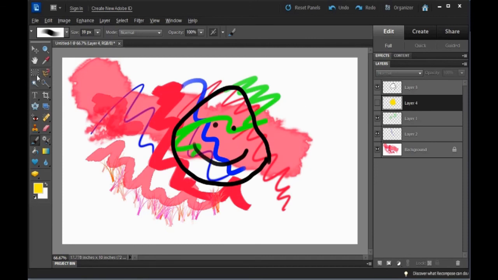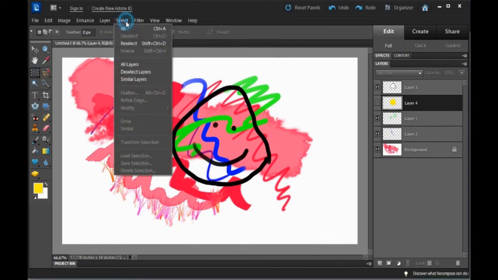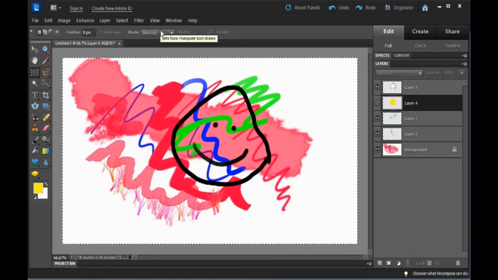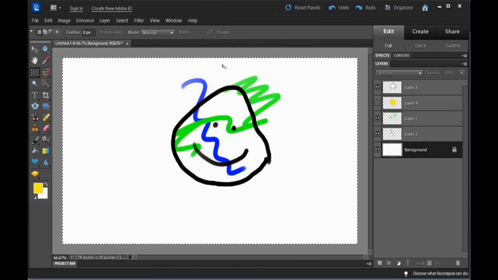And so I'm going to go here to the select tool again, and here we can select, or you can click select all, which is typically Control A, and now I can delete. But the thing that you'll notice is it didn't do anything. Why not? Well, again, this gets back to the layers, and we can see over here that layer 4 is the one that's selected. Let me go to the background, and now I'm going to delete. And notice it got rid of everything in the background, but it didn't get rid of anything on layer 1 or layer 2. I can select both of those layers and select delete, and